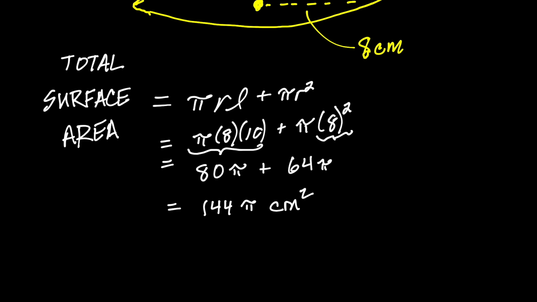So usually what we do, remember, this is not that meaningful to us, even though it's the exact answer. And when you get to pre-calculus or calculus, a lot of times we just leave pi as pi. But here we're going to go ahead and substitute 3.14. So that would equal 144 times 3.14, which you would use a calculator for. And my calculator is telling me that that is about